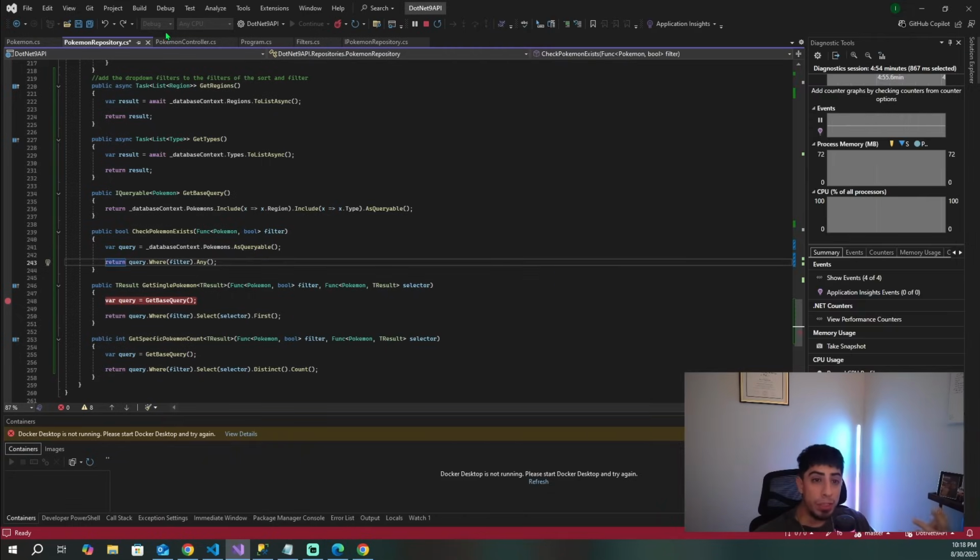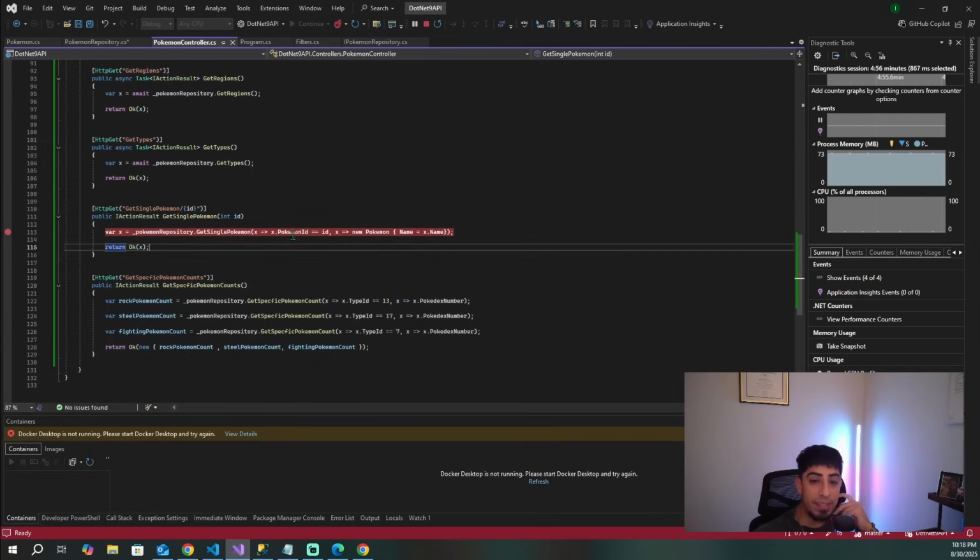So what did we do here? In our controller, we basically passed in ID and then we selected name. What could we do here? If we, again, wanted to get a single Pokemon by their region ID or their type ID, and then we wanted to select more information and we wanted to be flexible, we could reuse this multiple different times depending on the scenario, and it would be extremely flexible. So that was the second example, and now let's get into the third example,